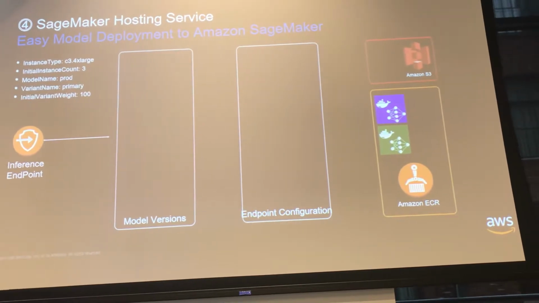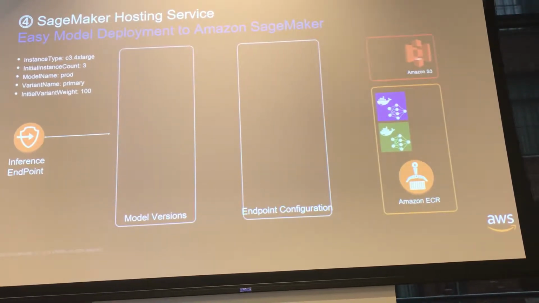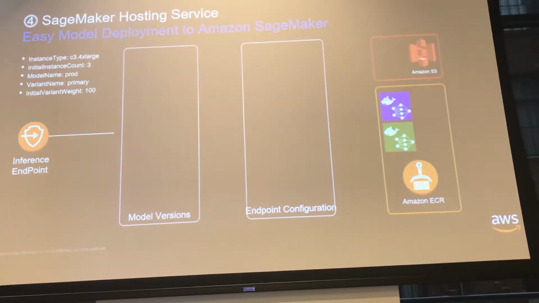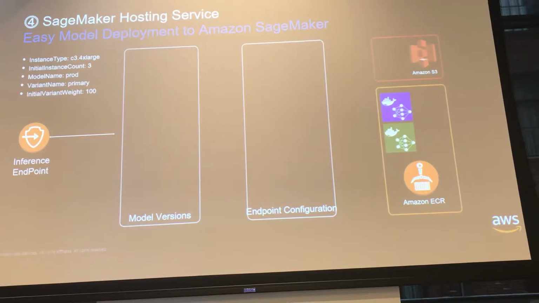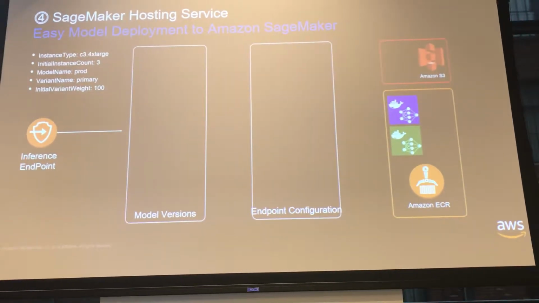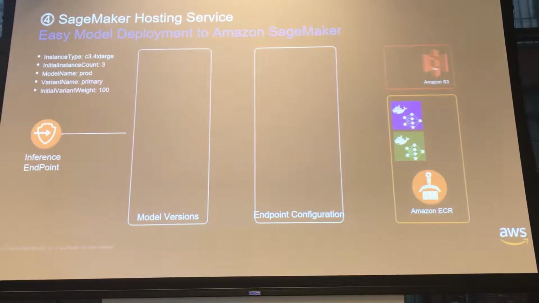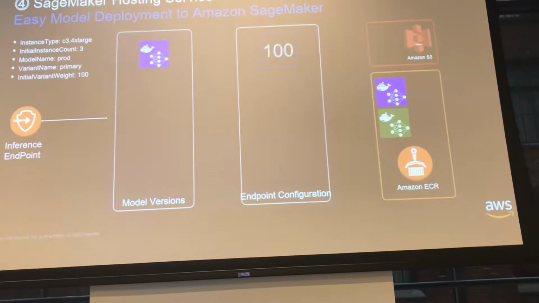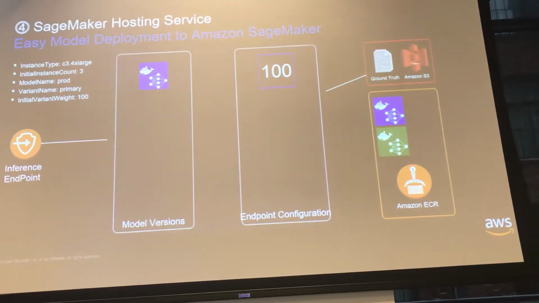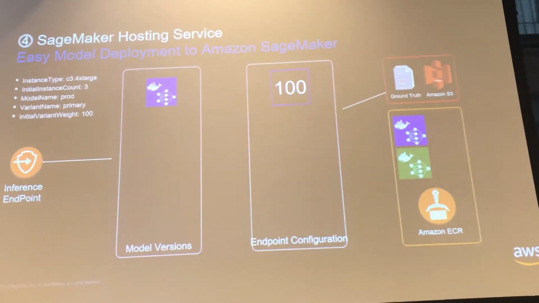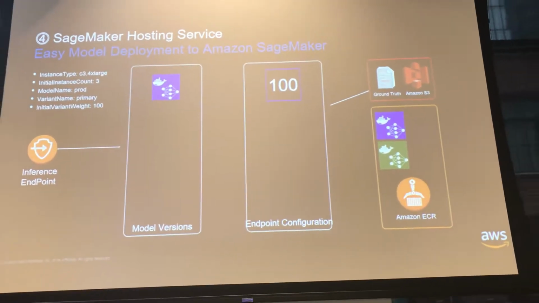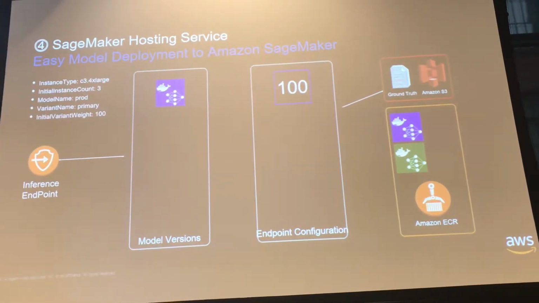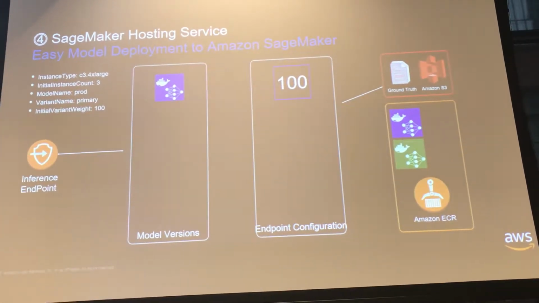Oh, I'm pointing at my own screen, so I can't really tell what's going on here. We're starting with an initial instance count of 3. So that means there are 3 EC2 instances of the C3 class that are going to have this endpoint available at a single endpoint to service those requests. We'll call this one prod, and we'll call this variant name primary. Now, when we put that model in production, first time, day 1, it's going to get 100% of the traffic, and it's going to create the most valuable asset in your company, which is ground truth data, right? So that ground truth data is going to go to S3,